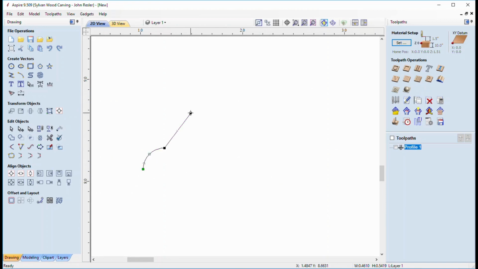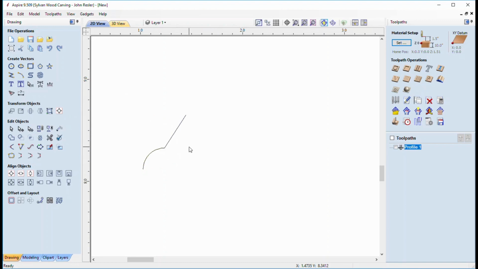So let me explain what I mean here. Let's say that everything out to here, it will accept, okay, in that 90 degree. But now if I were to do this, it's not going to accept that. That's because VCarve does not calculate side cutting. That's something you got to do in your head. This also won't accept.